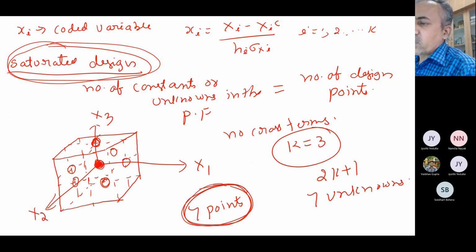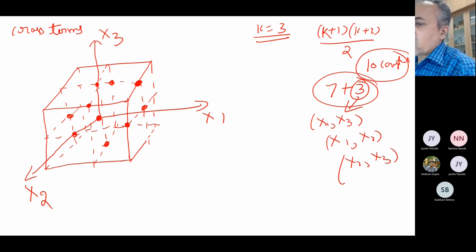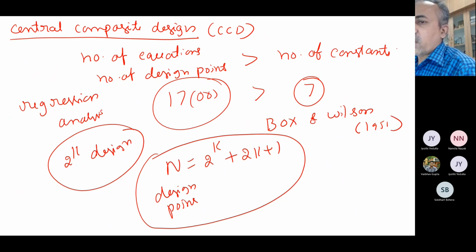So if there are 10 unknowns, say, you have to do 10 simulations actually, okay? And then you fit, so that is done. So saturated design also, cross terms you can include, so whether the cross terms are required, or central composite design also is there, where the number of equations will be more than the number of constants. So if the number of constants is 7, say, you may run your simulations 100 times or 200 times. So when the number of equations is more than the number of constants, you have to do this regression analysis, okay? So some errors and other things will be there.